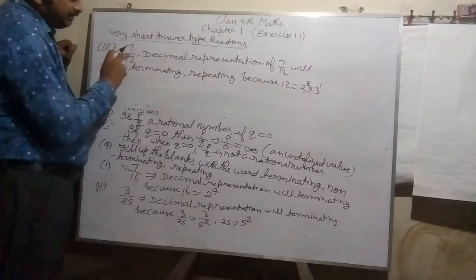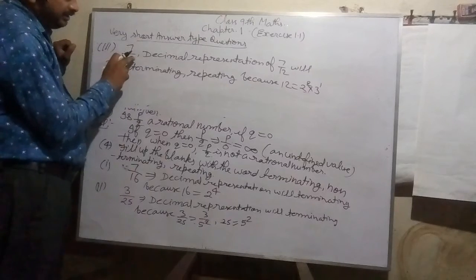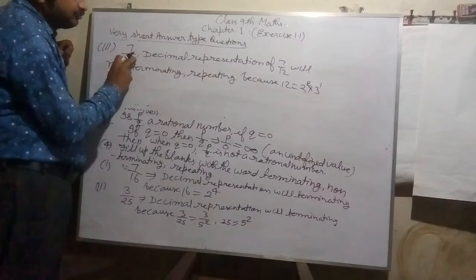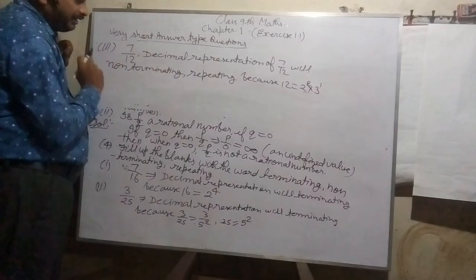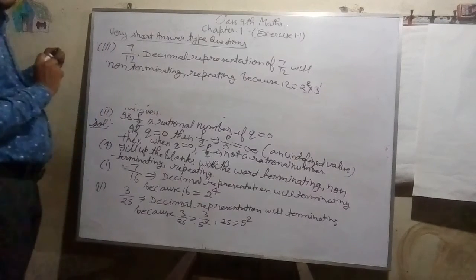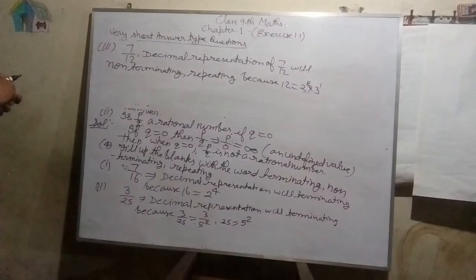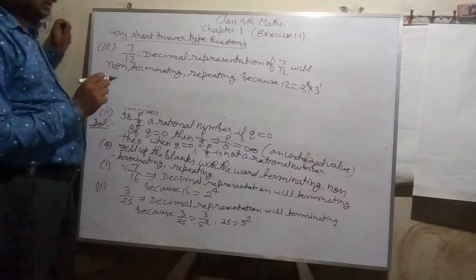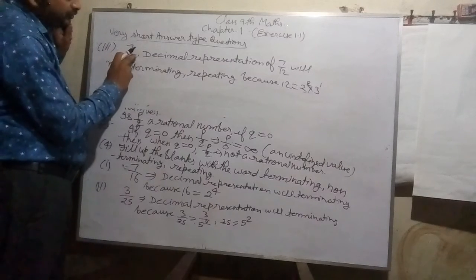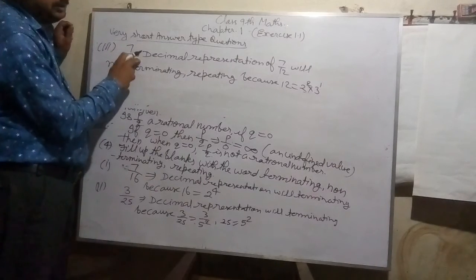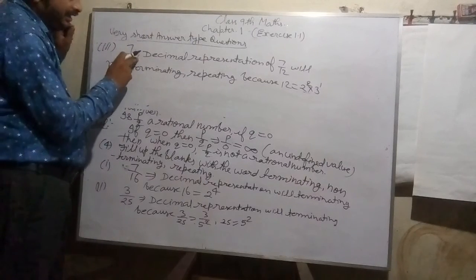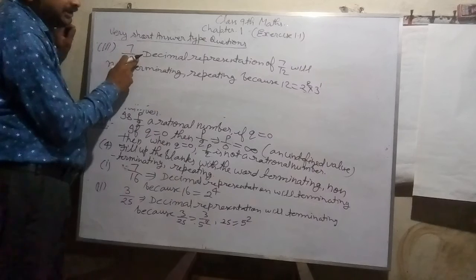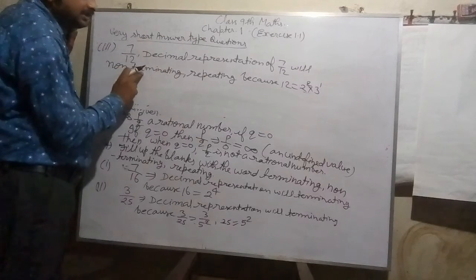The denominator is not only a power of 2 and 5, it contains an extra number as a prime factor, which is 3. तो प्राइम फैक्टर में डिनोमिनेटर के 2 और 5 के अलावा कोई भी नंबर नहीं होनी चाहिए। अगर ऐसा है तो वो नॉन टर्मिनेटिंग रिपीटिंग डेसिमल होगा।